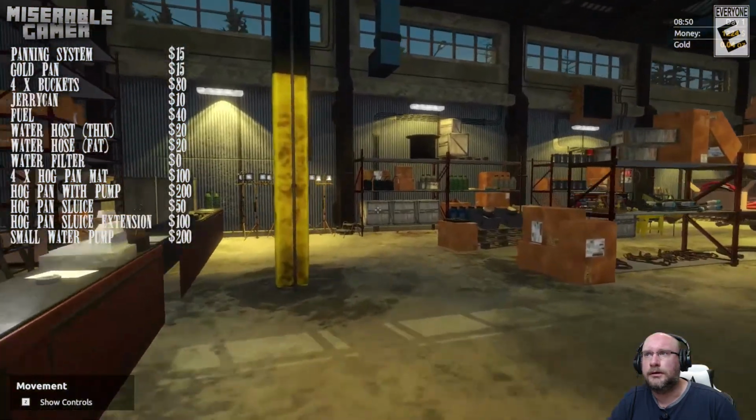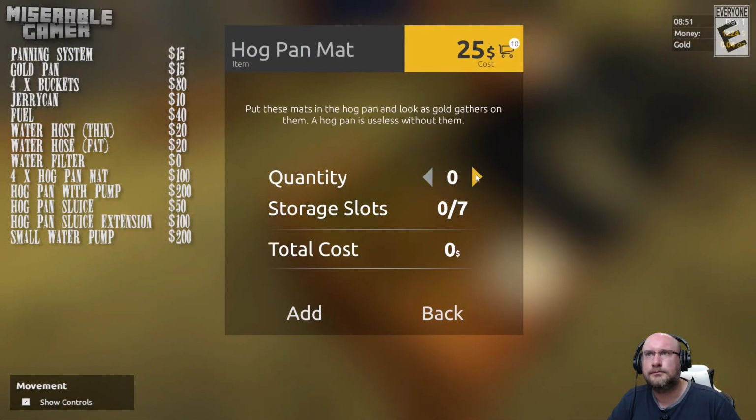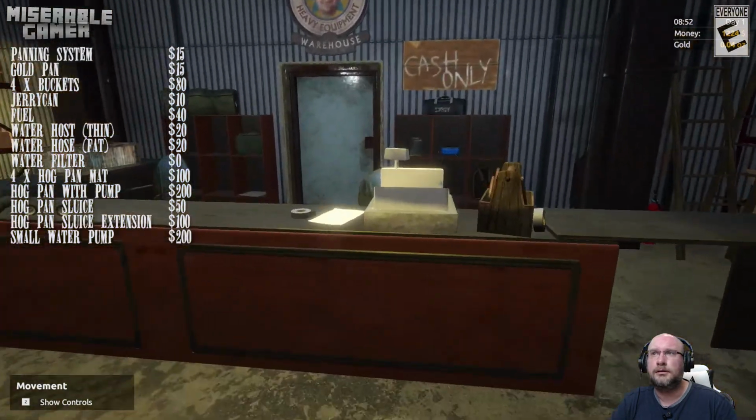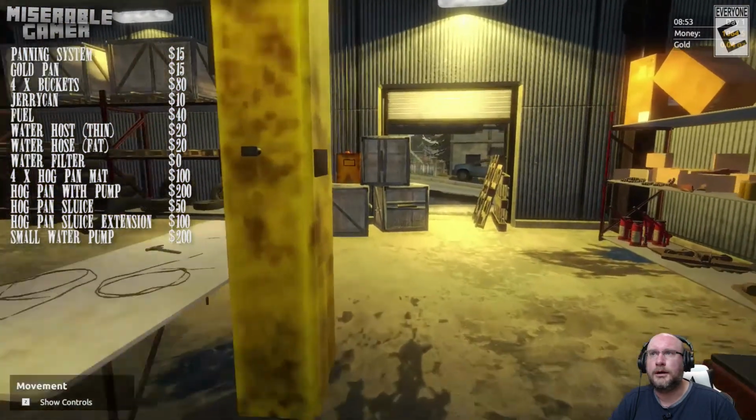Then you want to come over here. You need 4 of these hog pan mats. Now I'm full up, you see, so I'm gonna leave the hog pan mat. I'm gonna go and pay for that lot, and then we've got to go outside,